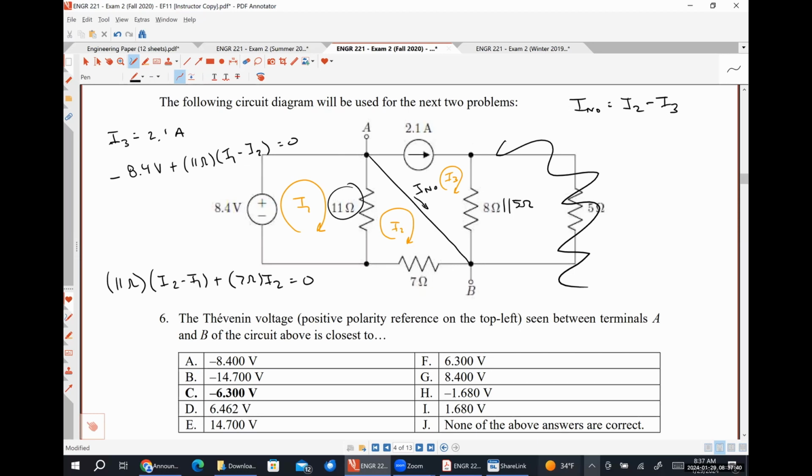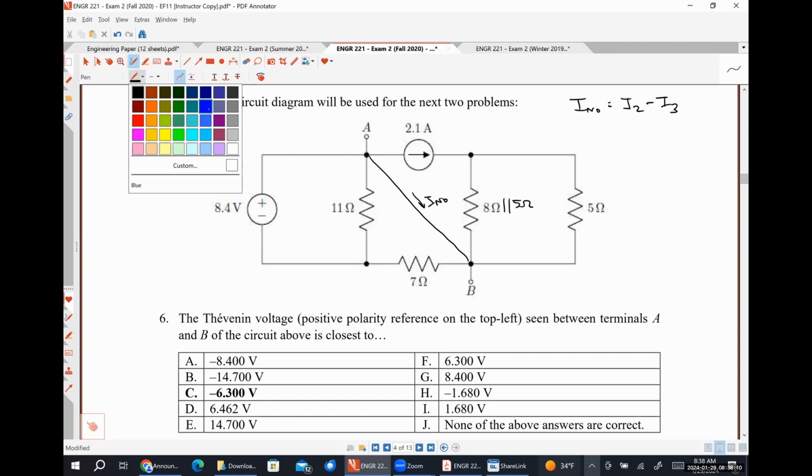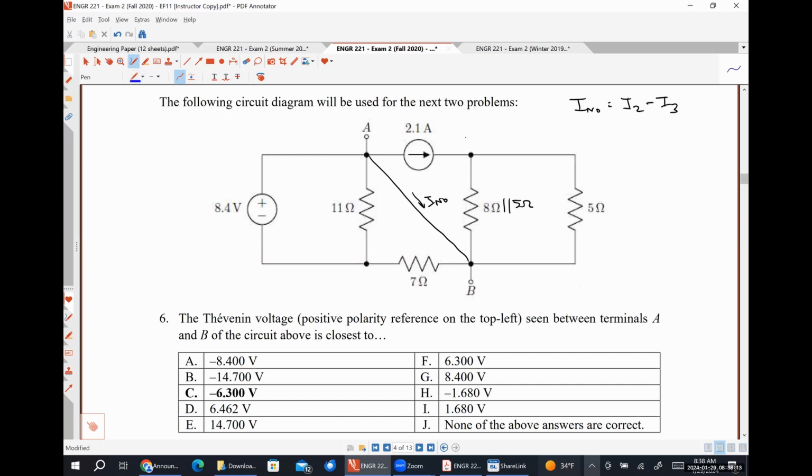No, so let me run through that really quickly, because that's actually probably an easier way to do it. So the suggestion was we short out this guy here and we observe I Norton. All right. So what Brandon, isn't it? Yes. So what Brandon suggested is effectively the 2.1 amps of current, it splits up and it flows through these